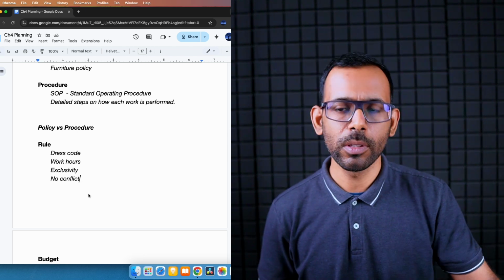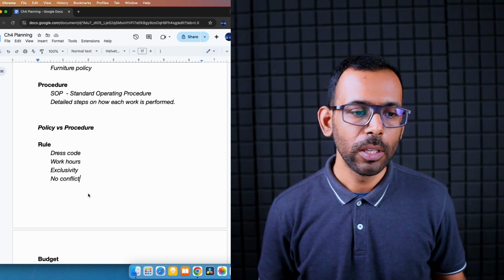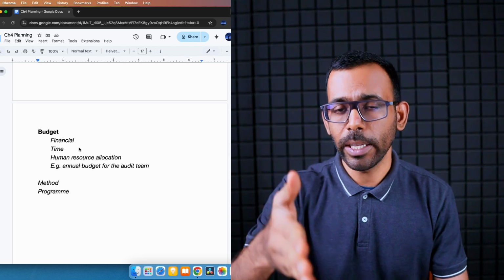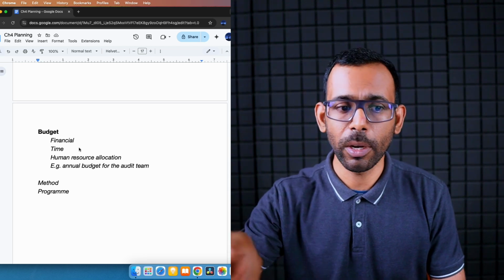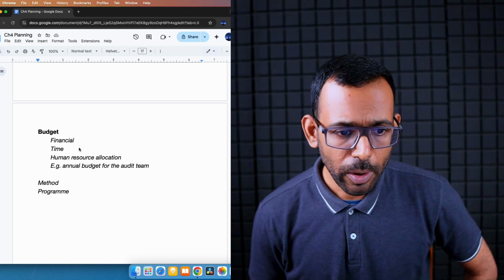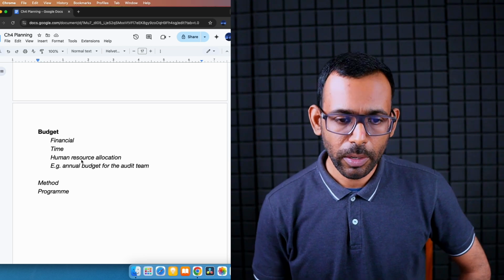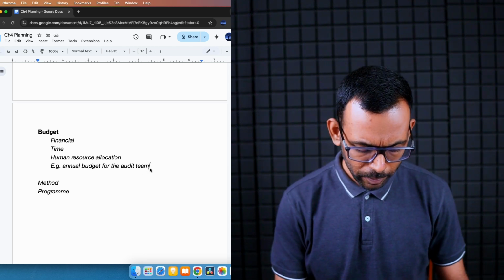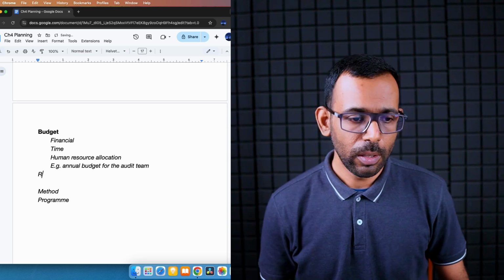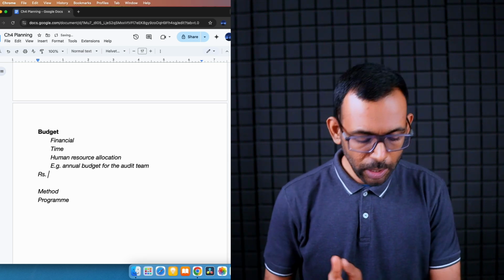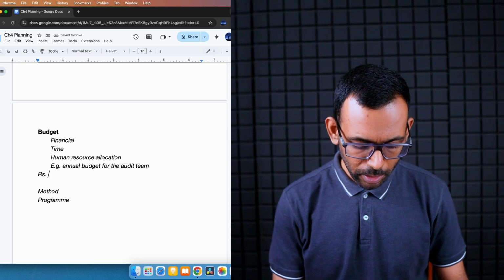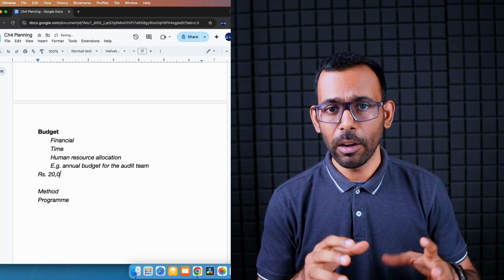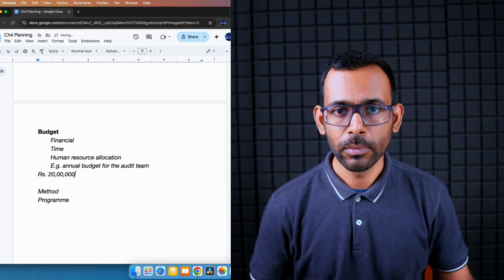Like this, there are so many rules that can operate. And finally, budget. Budget is a statement again. It is prepared to explain how much money, time, and human resources can be allocated to a particular department. I come from the audit team, so I will give you whatever worked in that audit team, whatever we had as budget. Now, the managing director will give my boss an annual budget, like he does for every team. At the beginning of every year, my boss will get an allowance of roughly 20 lakh for the whole year, which means there were 6 to 7 people in the audit team.